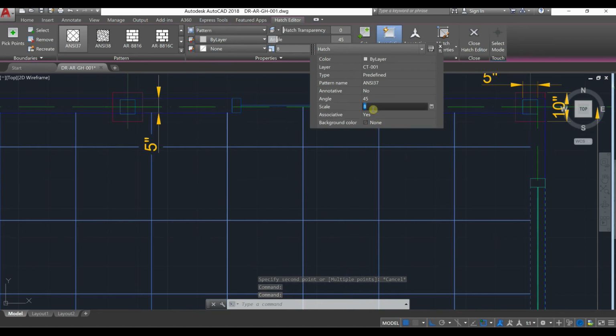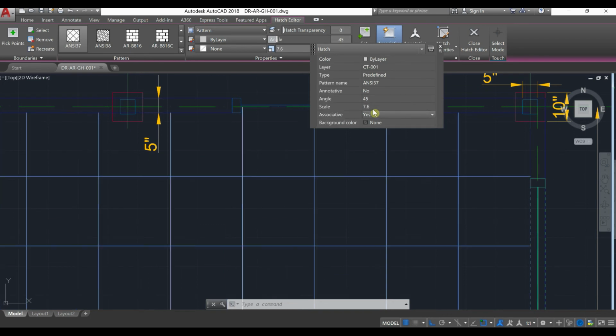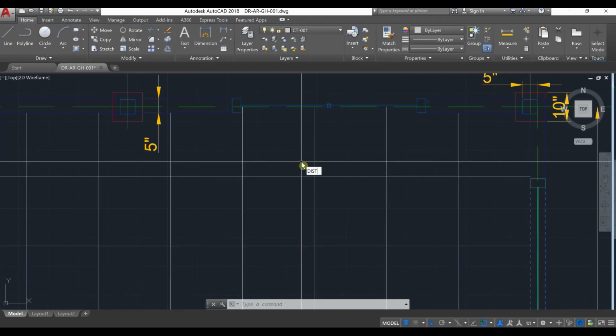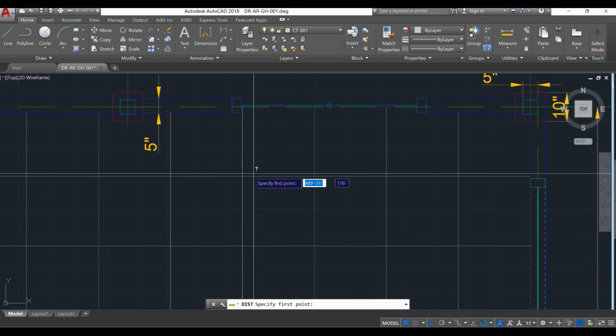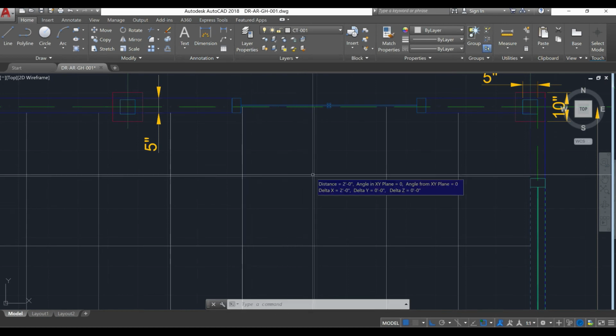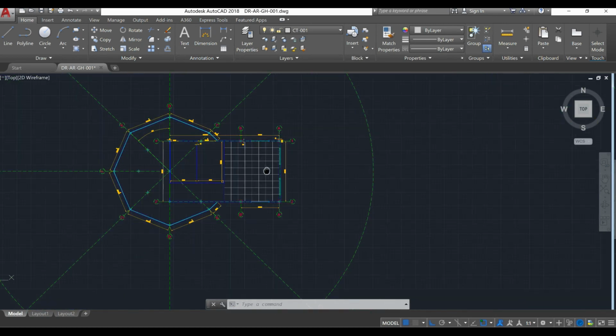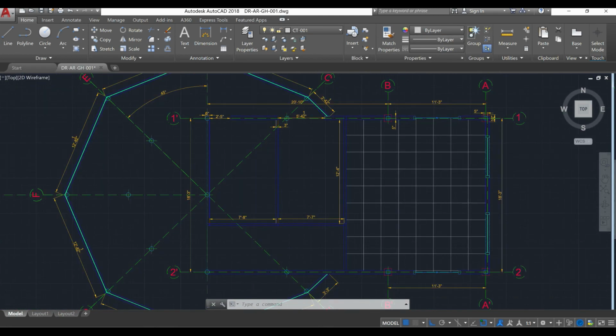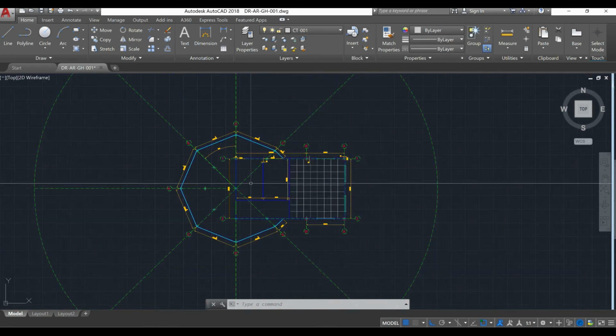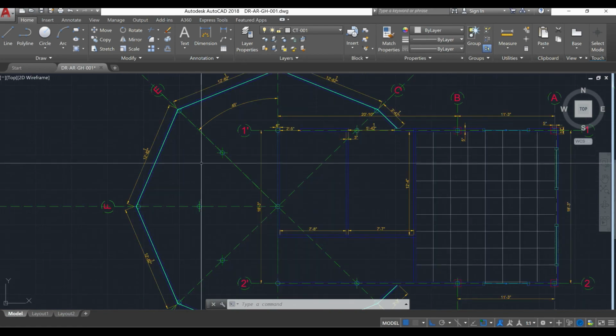So let's use 7.6 maybe. Now this is dist again. Okay, now we are okay. We have 2 feet. But now we need to do the same thing in the bathroom and also in the